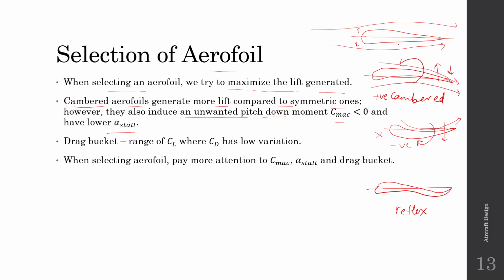So if we use a cambered airfoil in a plane, this configuration is actually unstable because it produces a pitch down moment. So to compensate, we need a tail. Okay, so in stability and control, you must have read that we need a tail at the back which stabilizes the aircraft. But if we don't want to have the tail, there are some aircraft which do not have a tail. They are called